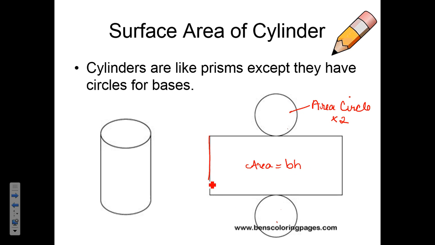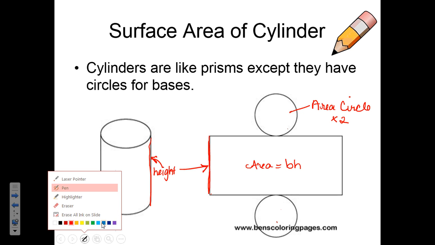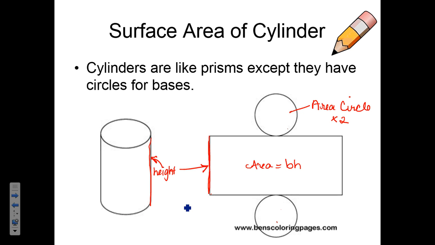So this is going to be your height of the cylinder. Okay, so the height of your cylinder is going to be the height of the rectangle. And so then what's the base? The base is going to be, let me get a different color pen here, the base is going to be this right here,